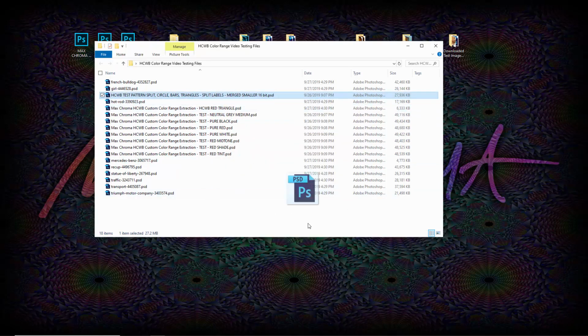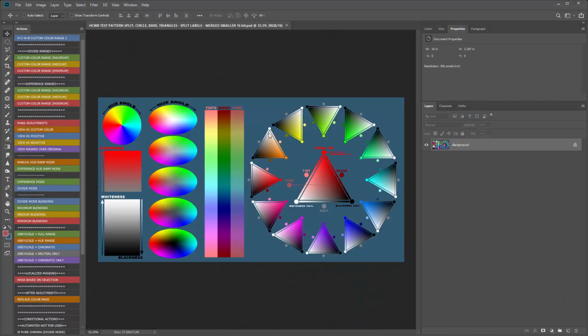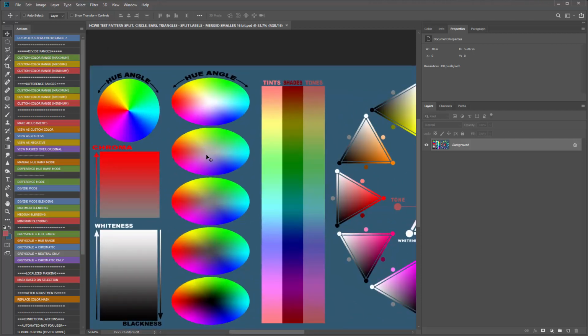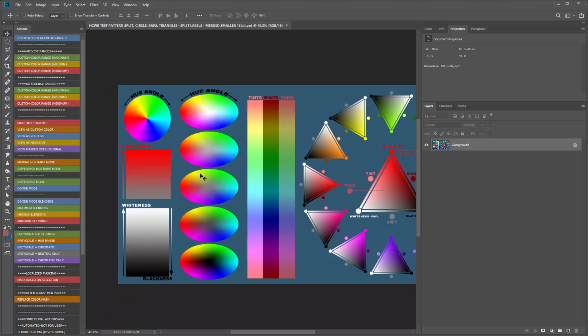Actually, I'm going to open it in Photoshop, drag it right in. Okay. So what I've done with this is actually split apart, created sort of, imagine it like that cone or kind of like a cylinder with the blackness to the whiteness through the center and the hue angle around it. And picture it like I've just sliced it into 5 slices: black, dark gray, medium gray, light gray, and white. And I'm trying to show how the custom color range selects an area, any color you want, and then the